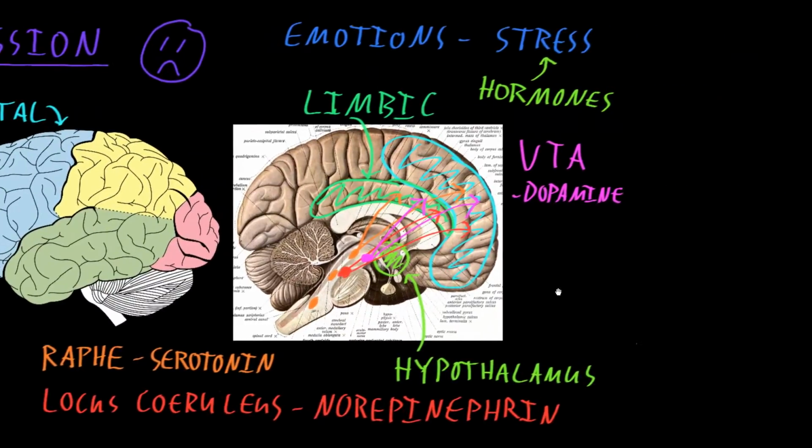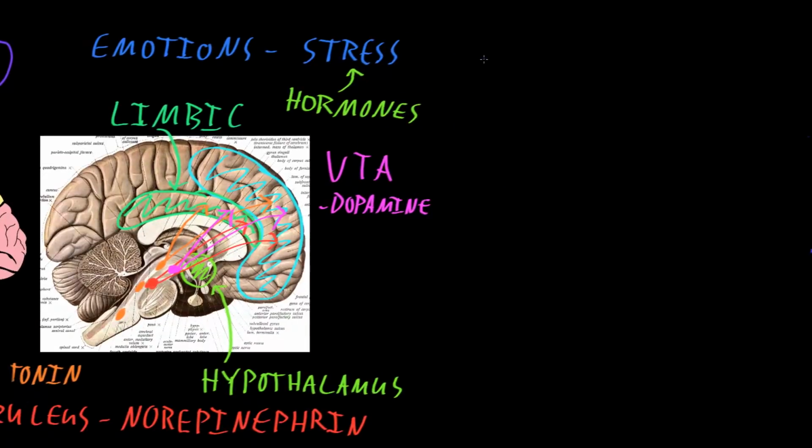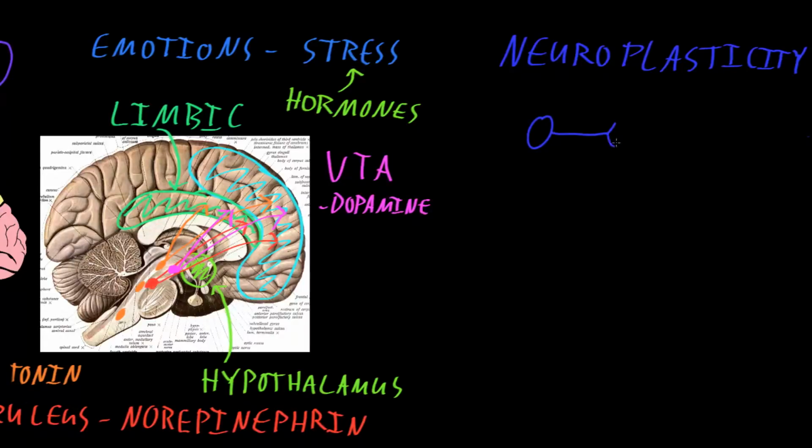A newer idea that is interesting is that there may be abnormalities of what is called neuroplasticity, which is a big word that just means that the brain changes in response to experience. And these changes may occur down at the level of a connection between a couple of brain cells, a couple